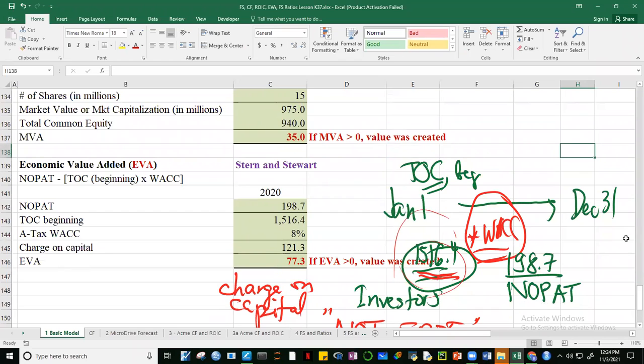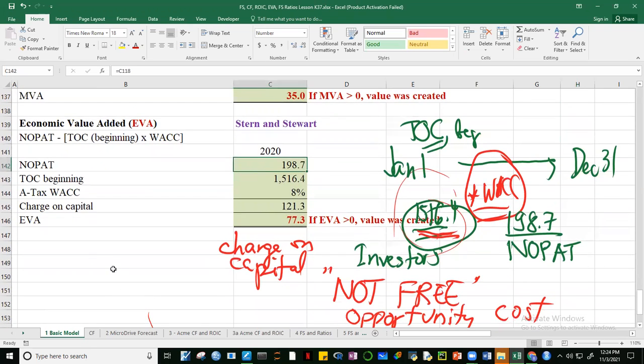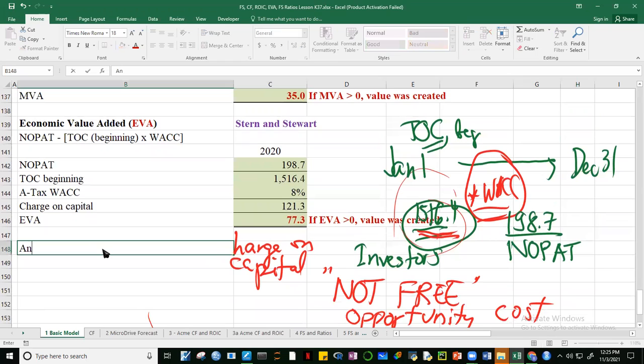And how much operating profit was generated? 198.7, which is greater than the charge on the capital, which is good. So EVA being positive, guys, by subtracting the charge on the capital from the NOPAT, means value was created. Another way to compute EVA, guys, so let me just show that. This is via the